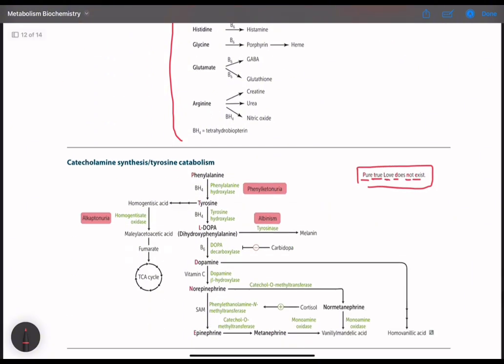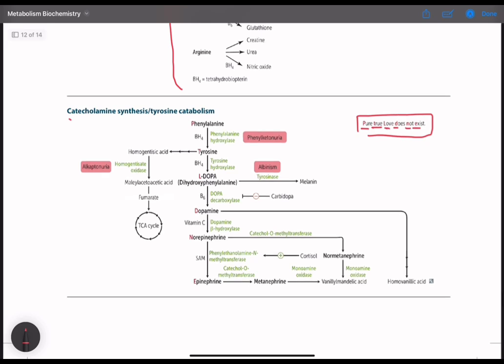Now let's switch towards catecholamine synthesis and tyrosine catabolism. The same mnemonic, pure true love does not exist. So first of all, phenylalanine. Phenylalanine is converted into tyrosine by the enzyme phenylalanine hydroxylase, and the cofactor required for this reaction is tetrahydrobiopterin. Then tyrosine is converted into L-dopa by the enzyme tyrosine hydroxylase, and the cofactor required for this reaction is